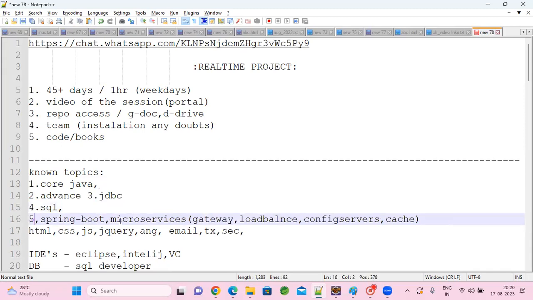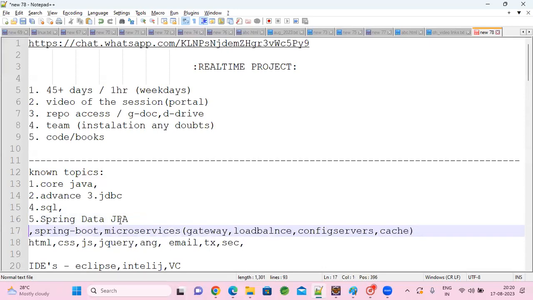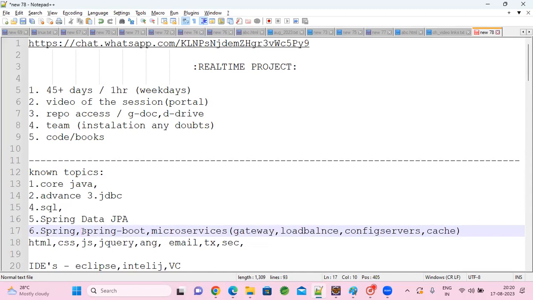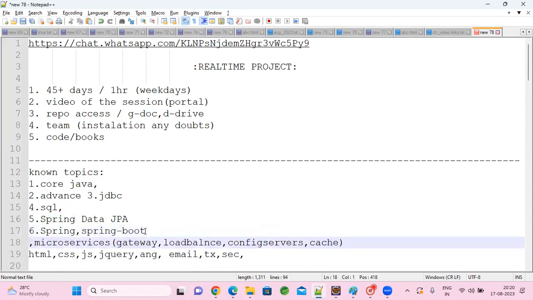We'll be doing it in Spring Data JPA, and Spring Framework also. Spring and Spring Boot. At the end of the day, we are going to do the project in Spring Boot microservices. Spring and Spring Boot knowledge is also required, and we will do it in microservices. A lot of microservice concepts we will be using.